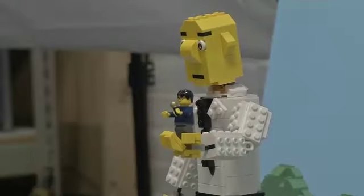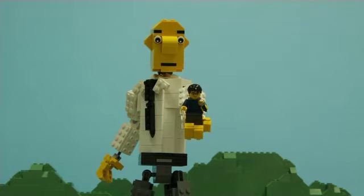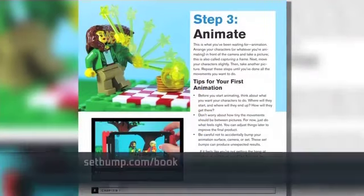But these pros have it down to a science, even creating a Lego me to star in my own short film. For more on the book, head to